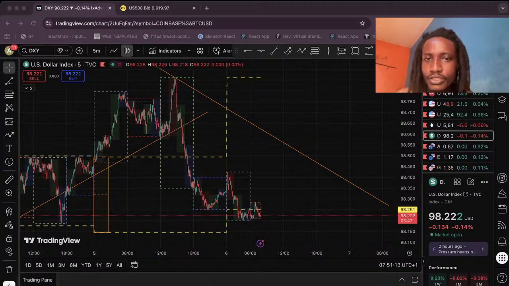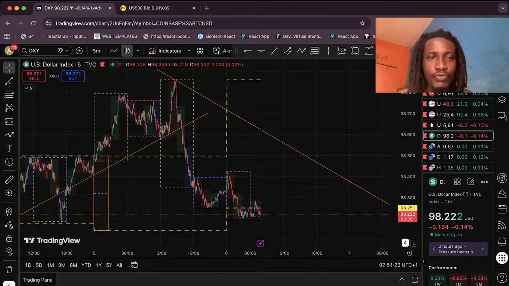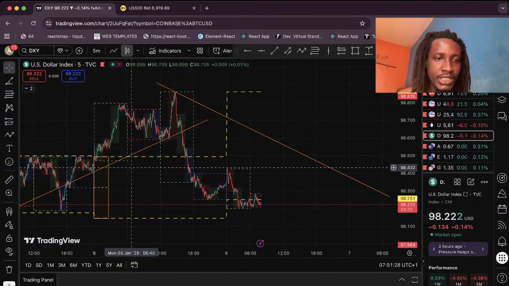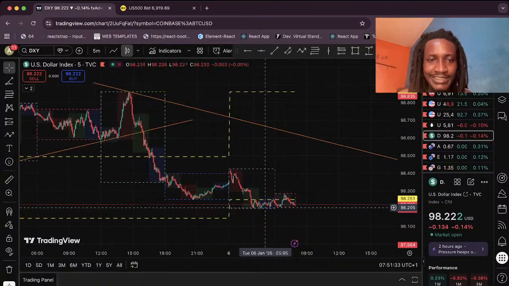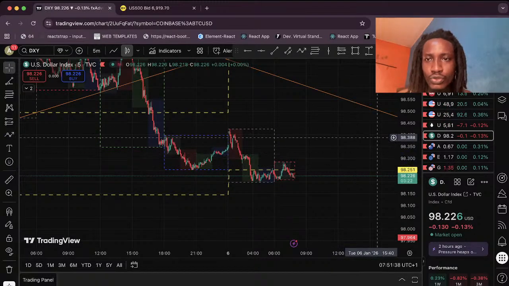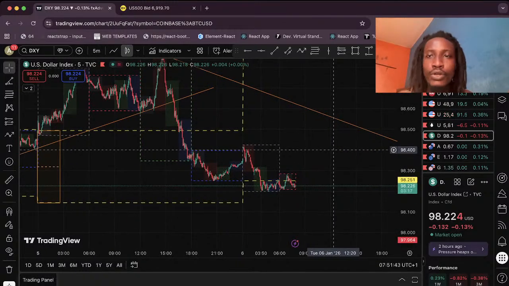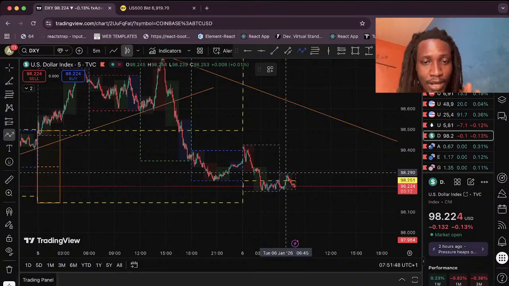All right, so here on DXY, to whom it may concern, this is our expectation of what I expect price to do. First of all, we've already pulled up our trend line. That's our trend line there. And from what I see here, based on the external structure and also the internal structure, if price does otherwise, apart from what I'm about to say now, we are not going to be interested in it anymore. But if price does this exact thing that I'm about to point out now,